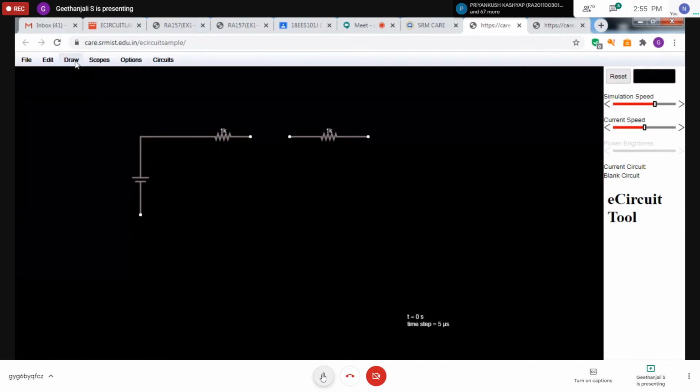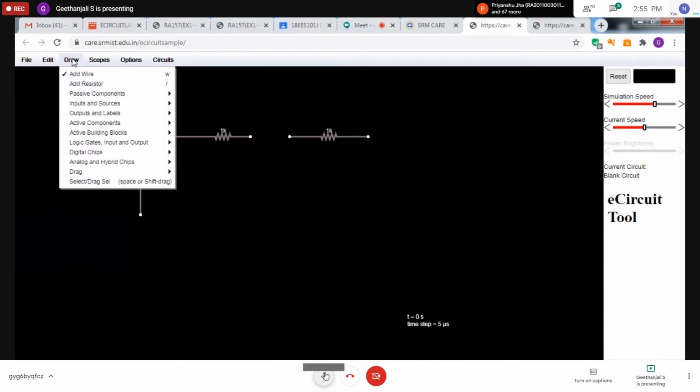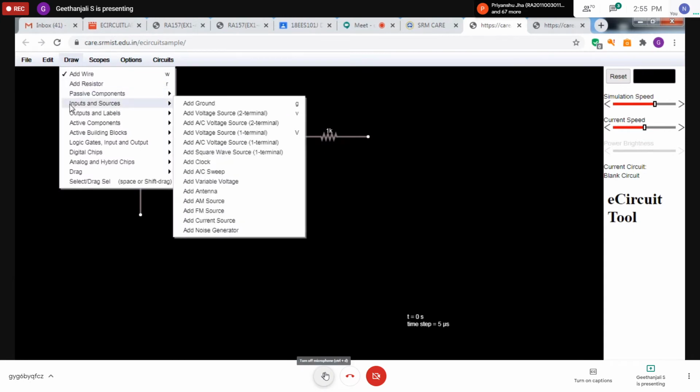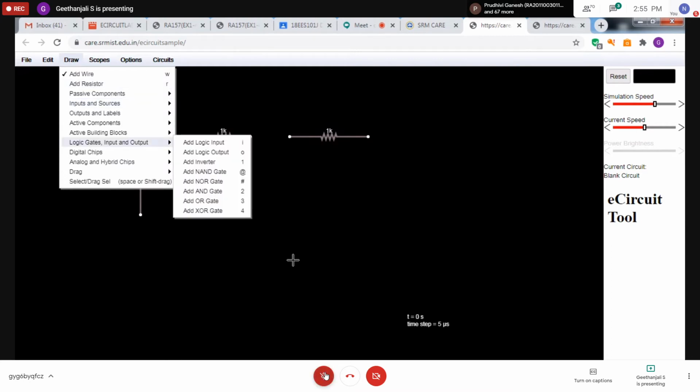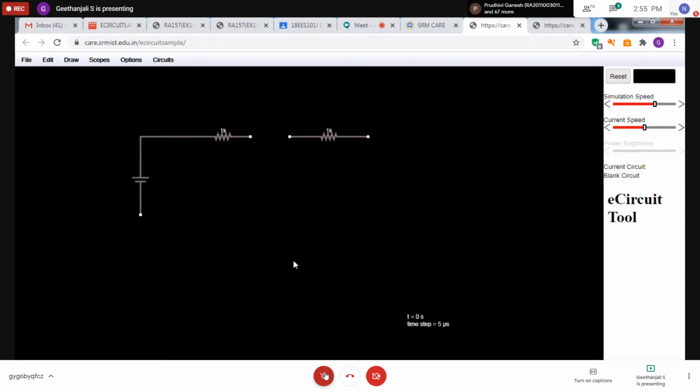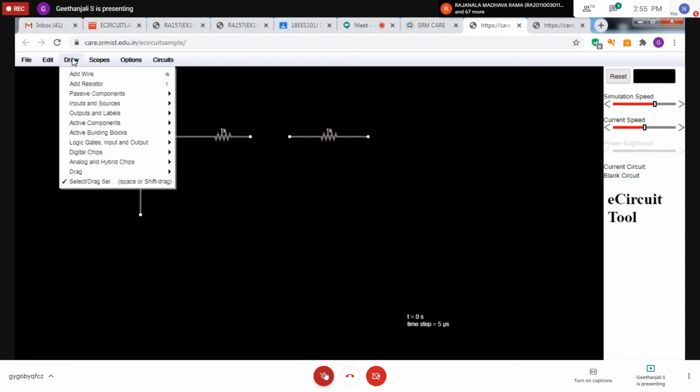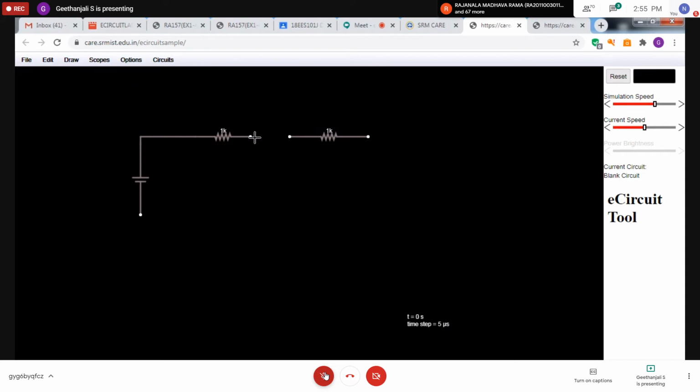Everything you are getting from the draw. Voltage source is available in inputs and sources. Resistor is available here. That's all. Everything I am getting under the draw tab. Then wire I want, so add wire. Then make the connection. Then close the circuit.